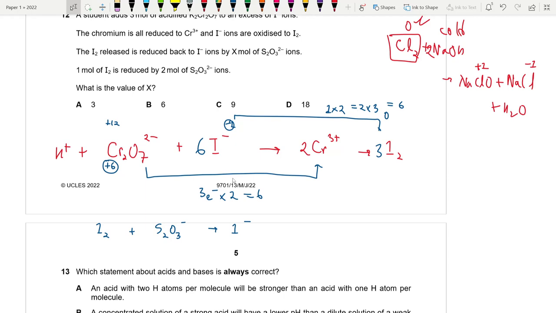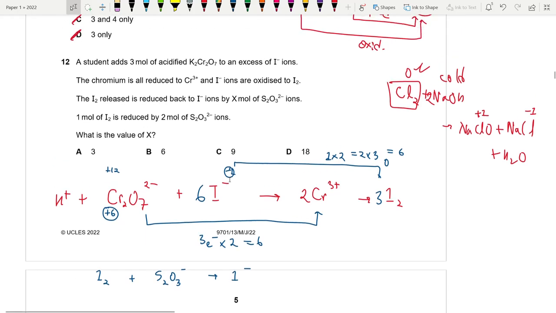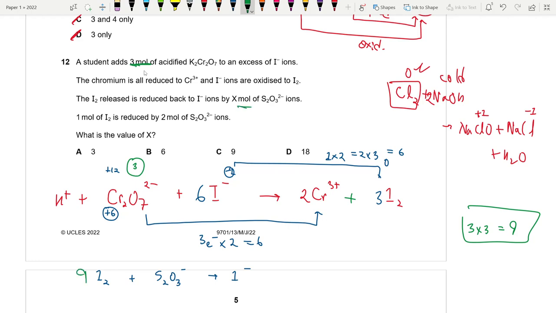Now the iodine released in that reaction, so basically we had 3 moles of dichromate. Initially we had 3 moles of dichromate. So for 3 moles of dichromate, how many moles of iodine will be released? It will be 3 times that value. So 3 times 3 is 9. So in total, due to 3 moles of acidified dichromate, we got 9 moles of iodine, right? We got 9 moles of iodine in total